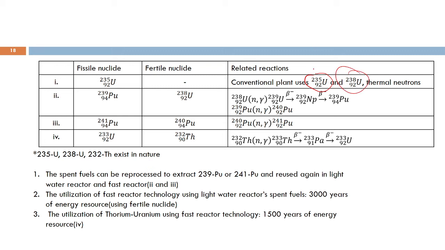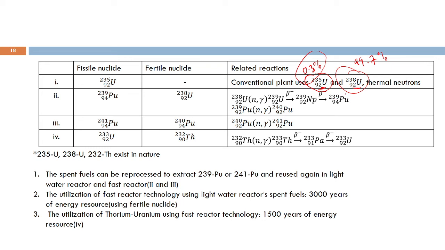In nature, if you mine uranium, you will find that 0.3% is uranium-235 isotope, and the rest, 99.7%, is uranium-238. This fraction is too low to put in the conventional nuclear reactor